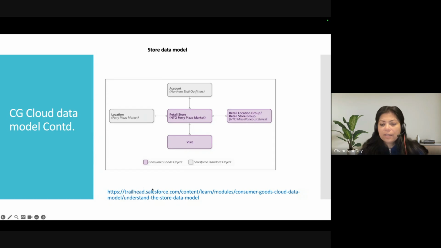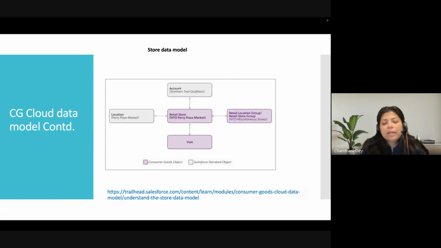Again, the link is given, and I have taken it from Trailhead. That's why the reference is given. If you want to have more insights into how all these 5-6 objects work, you can go to this Trailhead and try to understand more. But whatever is there in the Trailhead, I have tried to make you understand through this real life example.